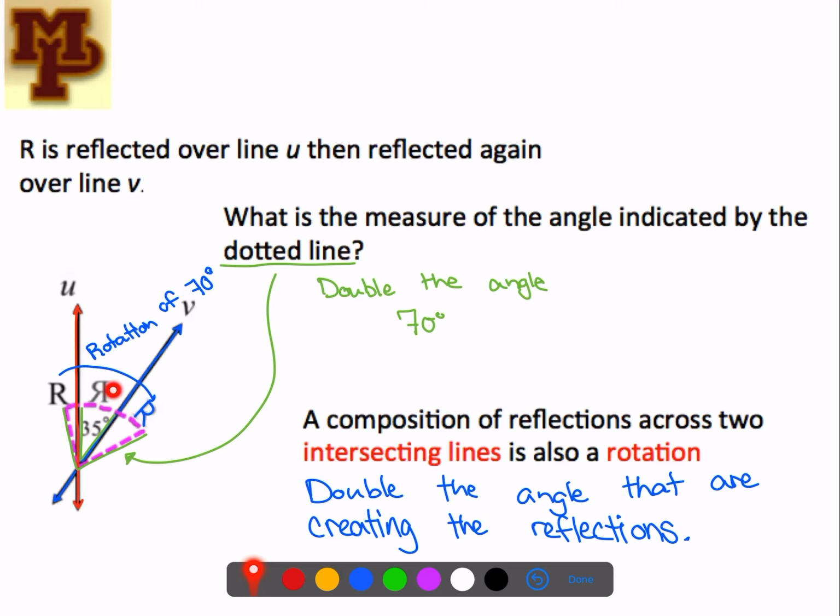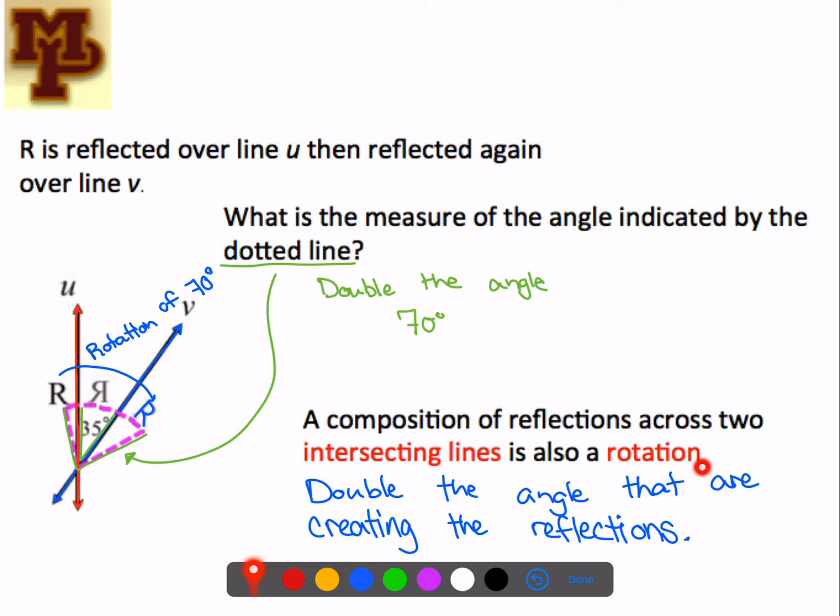I'm going to take this backwards R now, and reflect again, only this time I'm going to reflect across this intersecting line, this blue line, line V, and that will give me my final image over here, this blue image of R. So, if it's parallel lines, two reflections over those parallel lines will be the same as a translation. If they're intersecting lines, a composition of reflections, so two reflections in a row across intersecting lines, is the